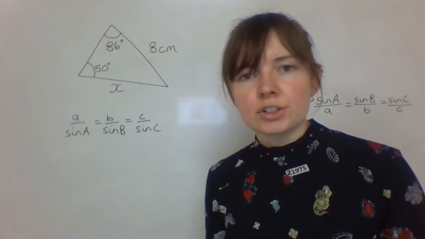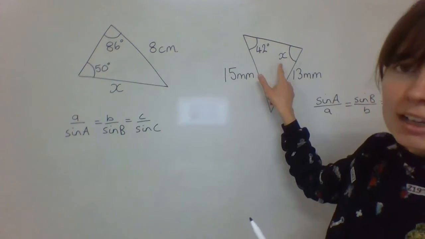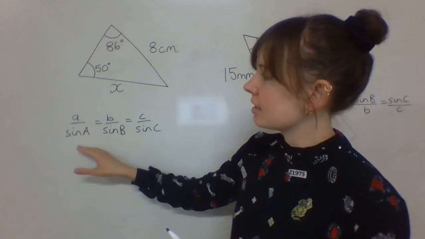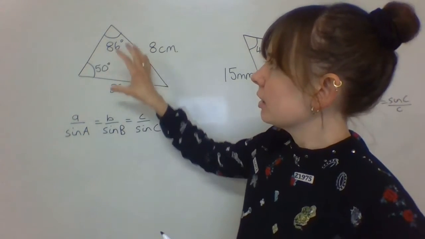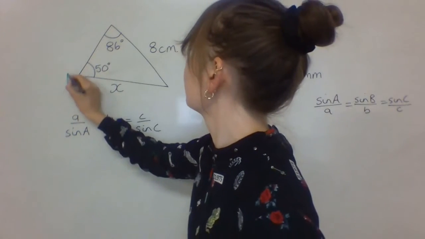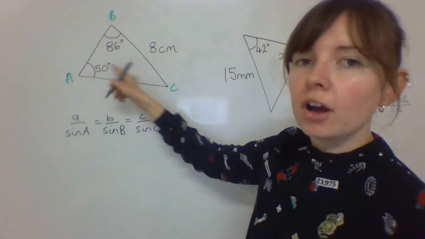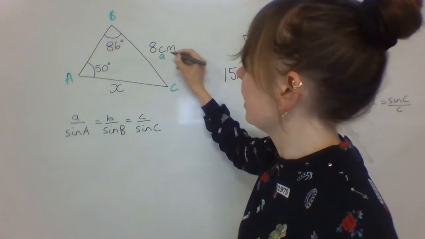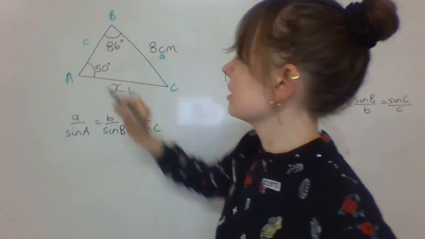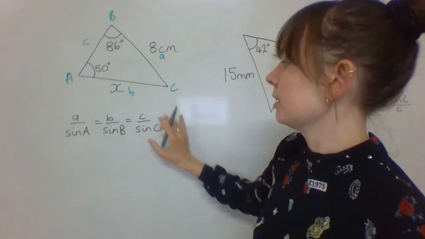In this video, I'm going to show you how to use the sine rule to work out missing lengths and missing angles in non-right angled triangles. Now, the sine rule states that when we label our angles A, B, and C, I'll do that now, and we label the opposite length to A as small a, the opposite length to B as small b, and the opposite length to C as small c, then a over sine A equals b over sine B equals c